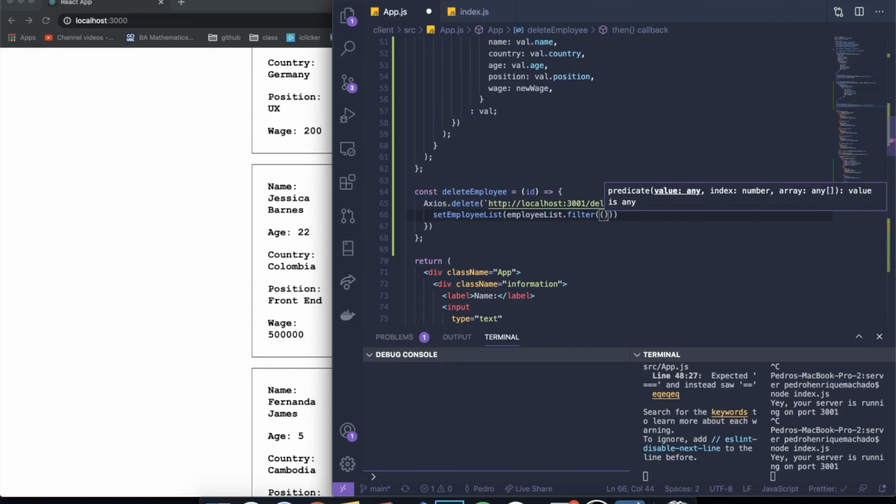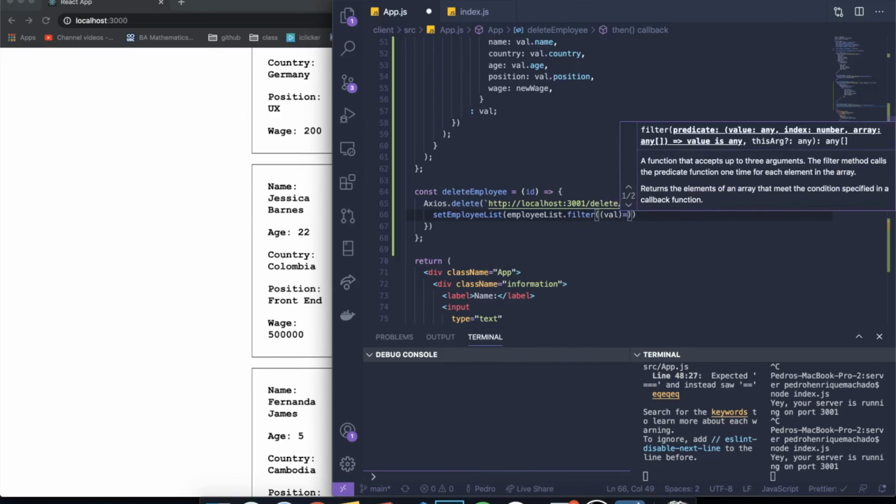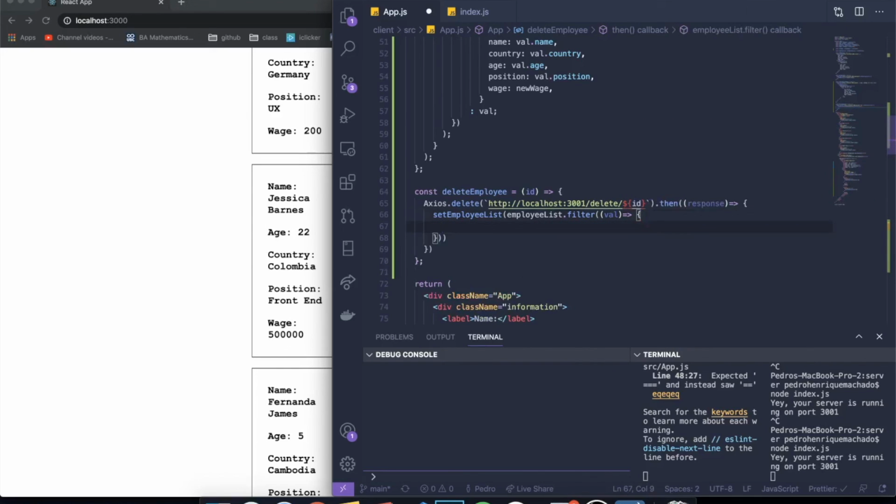And by the way, this is assuming you know what map and filter are. These are two really important JavaScript functions. But if you don't know that, that's why I'm saying this is more of an intermediate topic. We're going to go through every element in the array, and we're going to grab a value, just like we did for the other one. So what filter does is, we've got to return something, right? Well, the values we return are the ones that are going to be kept. So which value do we want to delete from our array? We want to delete the value which includes an ID equal to the ID we're passing here at the top. So we can just return